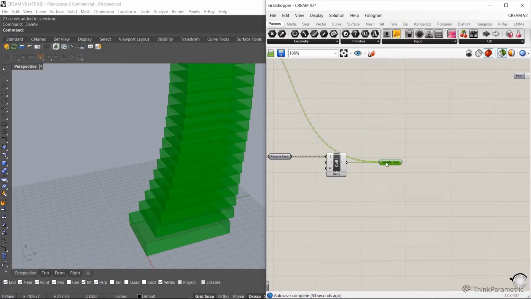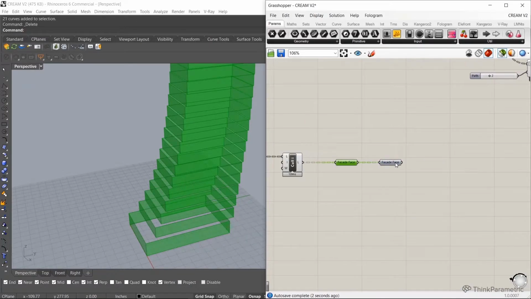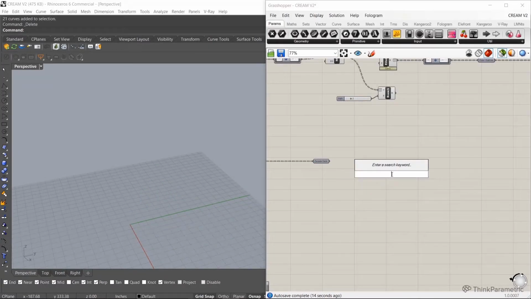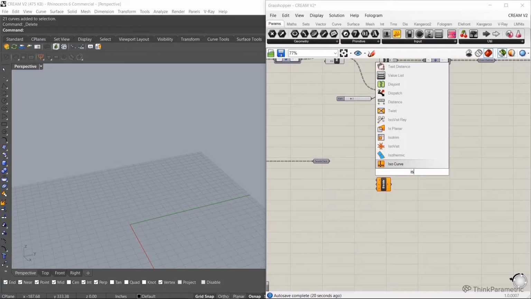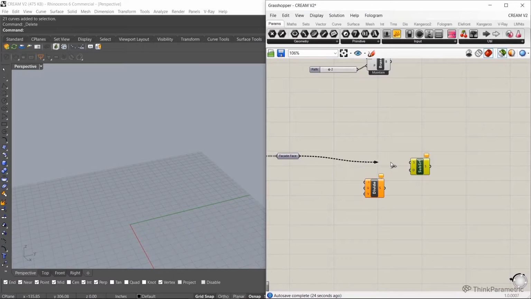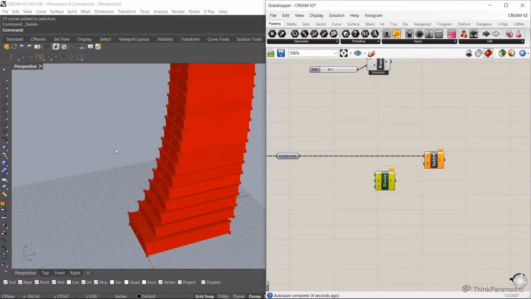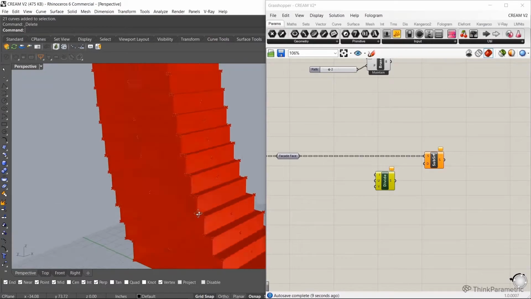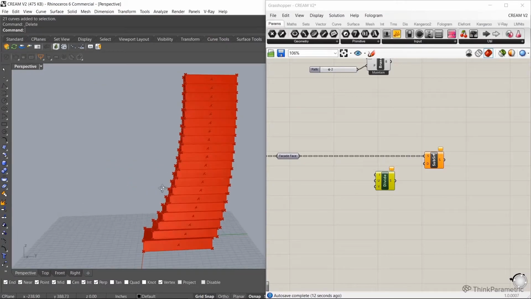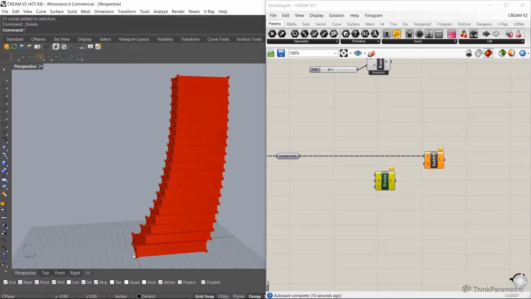To start off with, I'm going to create a very simple facade panelization. So I'm literally just going to take the facade and I will divide it. Let's do divide domain and get the ISO trim. So this is our surface. And basically, I'm just going to create a very simple facade panelization. I'm just going to subdivide every face by the same number, right? Because the building is stepping, this will accentuate that movement. So let's say we divide every face by 4 panels.